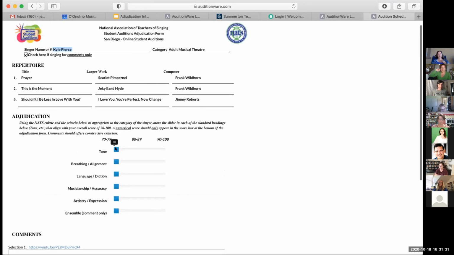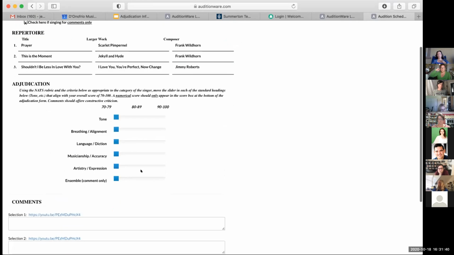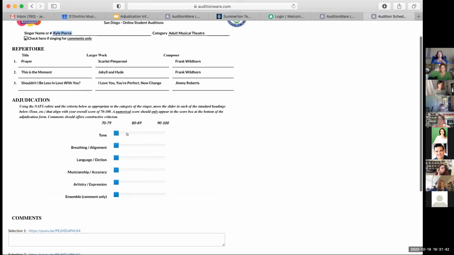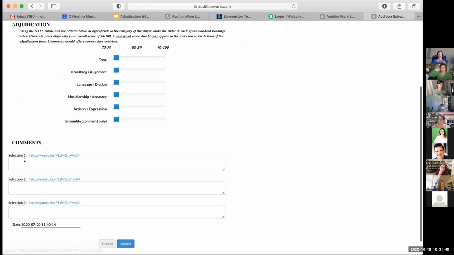In the slideshow, I said you don't have to use these. They are allowed if you want to use them to, again, give feedback to the teacher as part of your comments. You're welcome to use them for comments only, but you don't have to. So each of the 3 selections are down below on the same sheet with a YouTube link to each. Start with the first one, click the YouTube link.